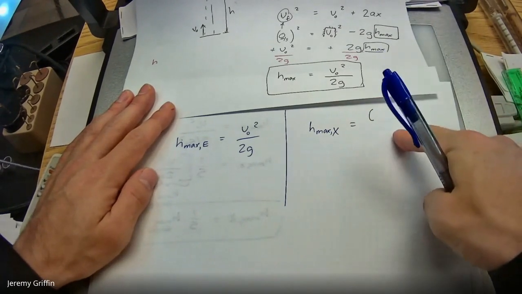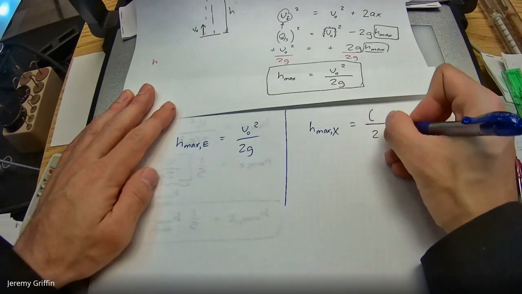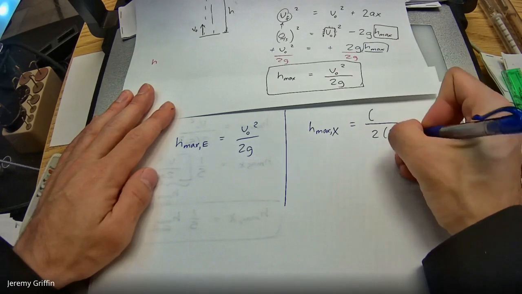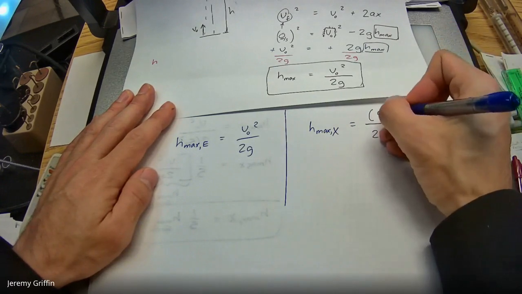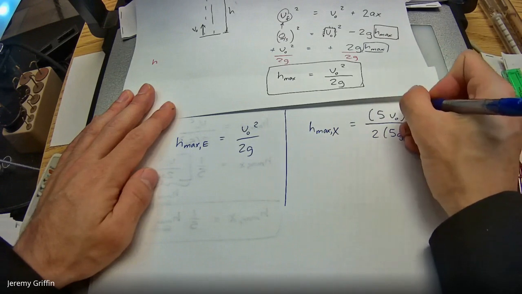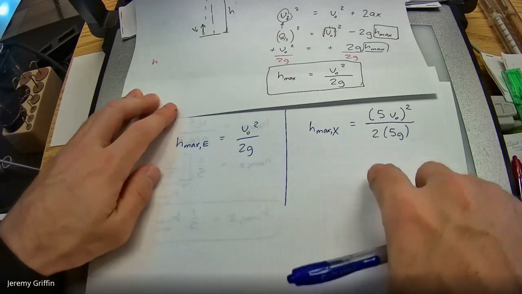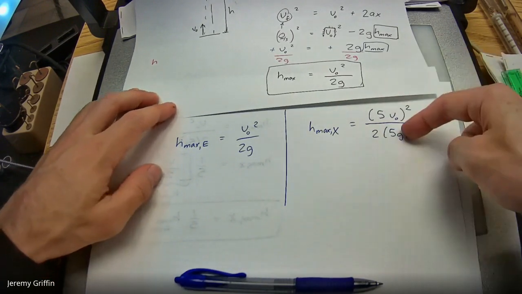Now we're changing 2 things at the same time, right? On one hand, the gravity just went up by a factor of 5, so it'd be 5 times Earth gravity. But also, you're throwing it 5 times as fast. You guys see how it's going to be set up? So this is throw times 5, 5 times as fast, and this is 5 times the gravity.